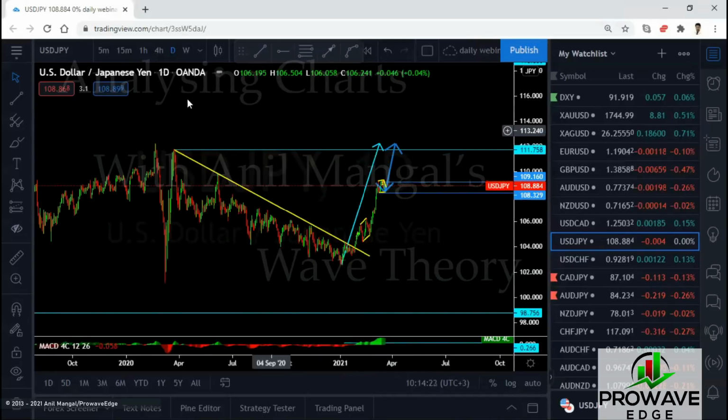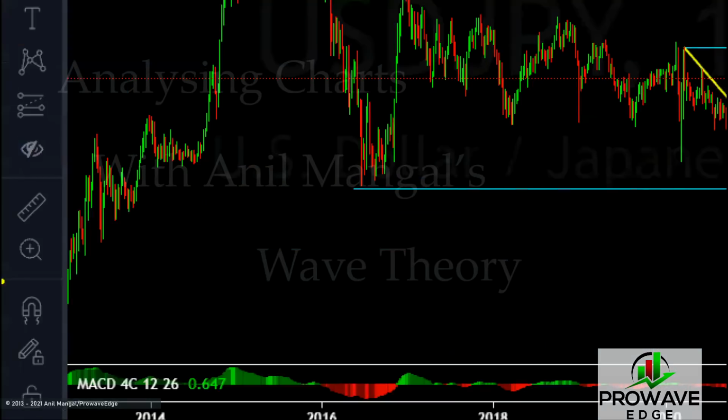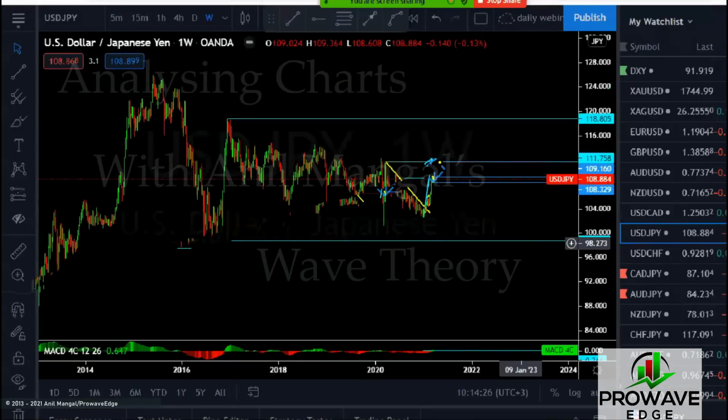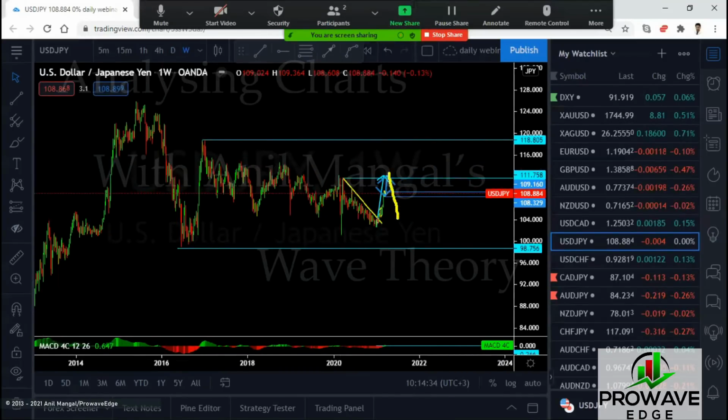The question is what happens when it breaks this top. There are 2 options for what's going to happen. One of them is we come back here, make a new low, and then go. That is one option. The other is this one just continues to go there and then we turn to the downside. Guess what? When it reaches here, we'll make that decision.